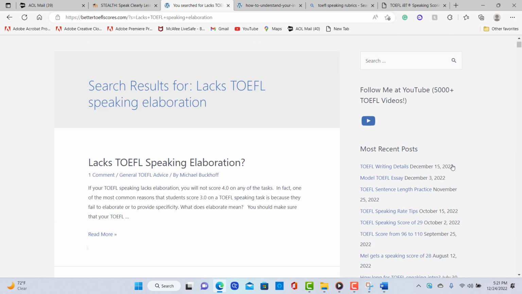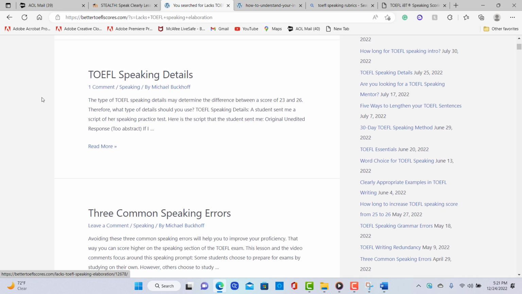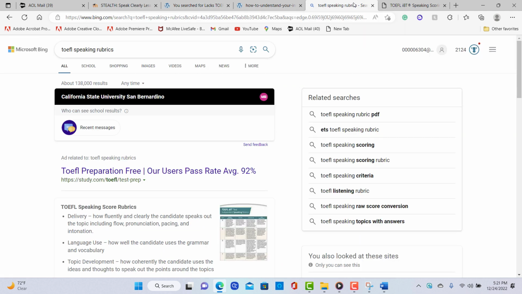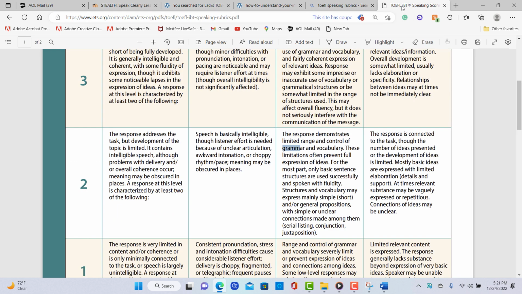Okay, how about this? Focus on these two lessons to help you improve your topic development. Lacks TOEFL speaking elaboration. I think that's a good lesson for you right now. And then also TOEFL speaking details. Okay, those are good. Now I went back here and I'm thinking I'm going to listen to your response maybe